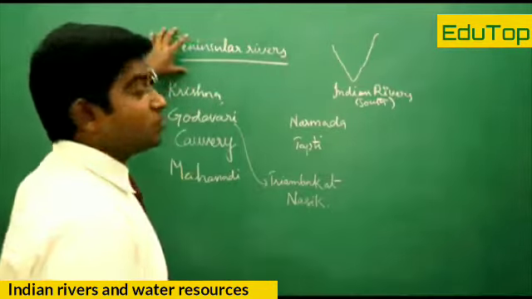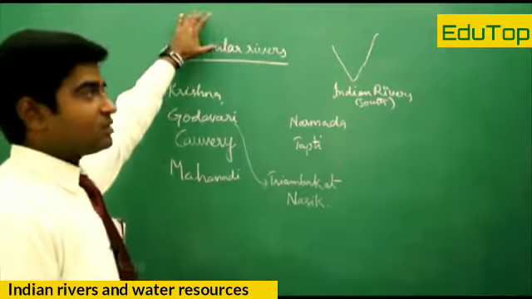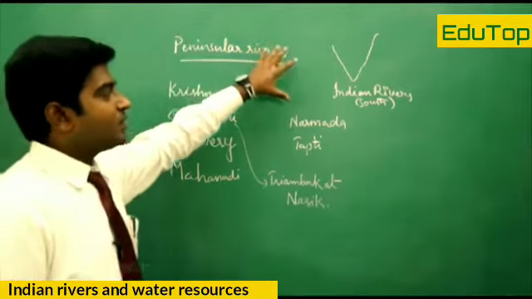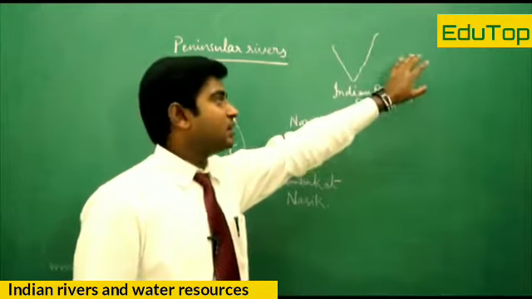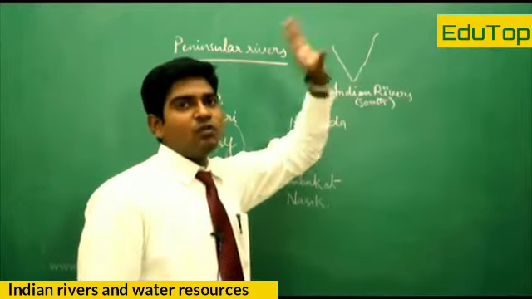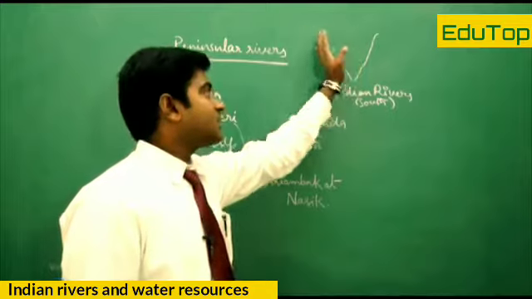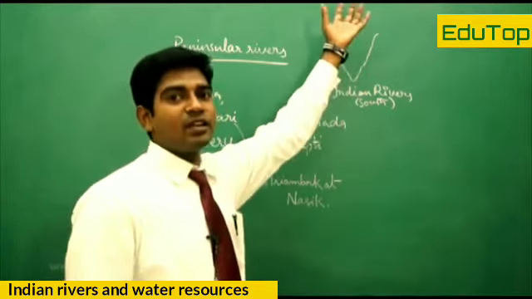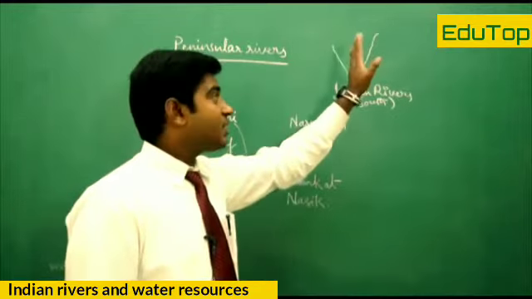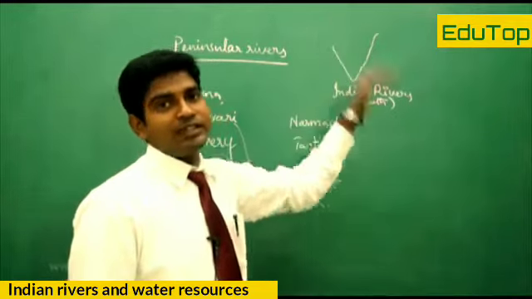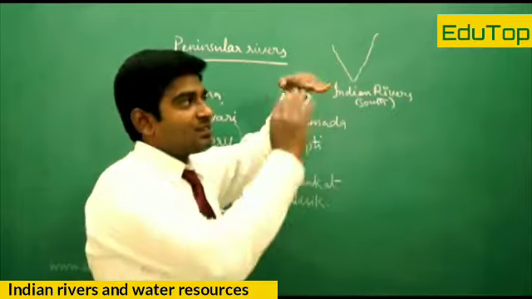Now moving on to the peninsular rivers, we have discussed the Himalayan rivers. The major peninsular rivers start from the Western Ghats, move towards the Eastern Ghats and fall into the Bay of Bengal. We have seen that the Western Ghats are elevated and the Eastern Ghats are not as elevated as the Western Ghats. We have a variation there and it is slightly tilted towards the eastern side, meaning it has a bending shape